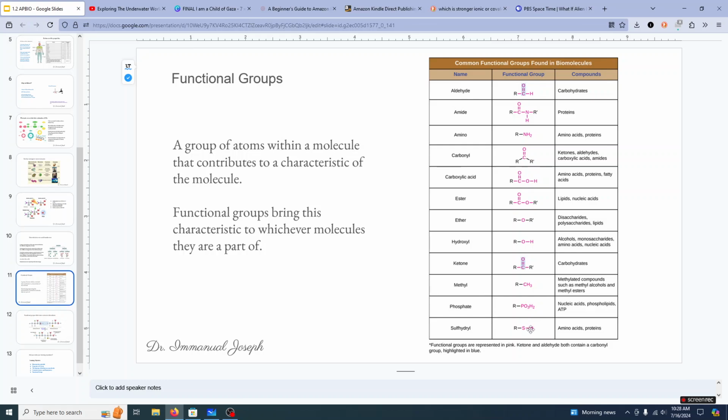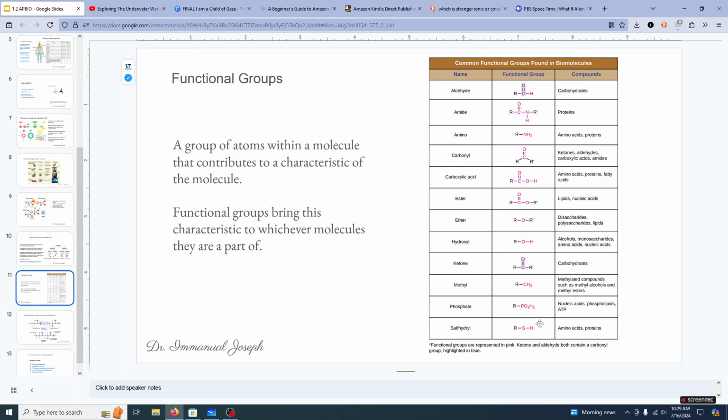And then in amino acids, we have 2 amino acids, cysteine and methionine, that have a group called the sulfhydryl group, S and H, sulfur, hydrogen, so sulfhydryl group, and attached to a variable group. So sulfhydryl groups can form bonds between different amino acids. And those kinds of bonds are called disulfide bonds. And that's again an important